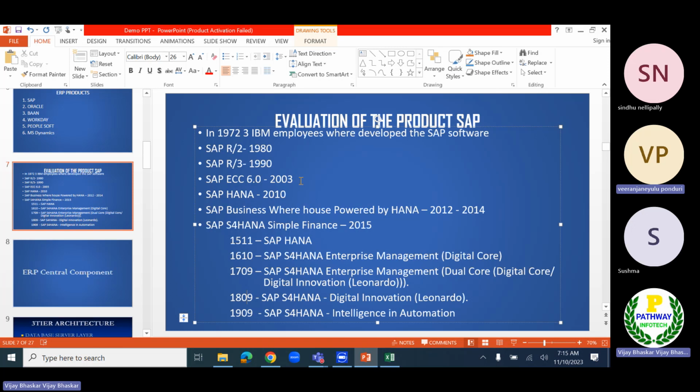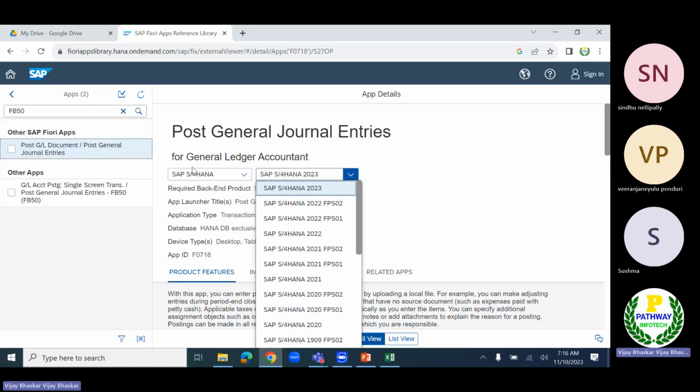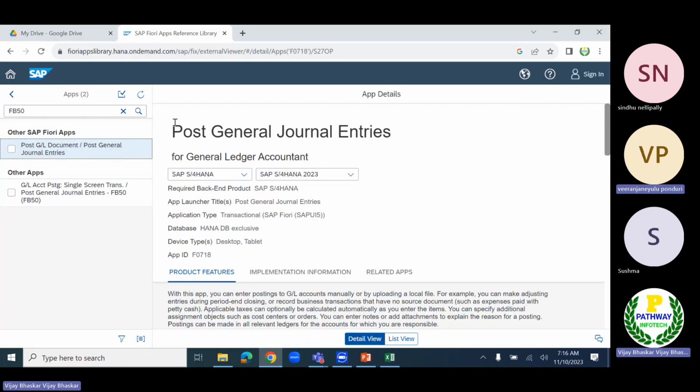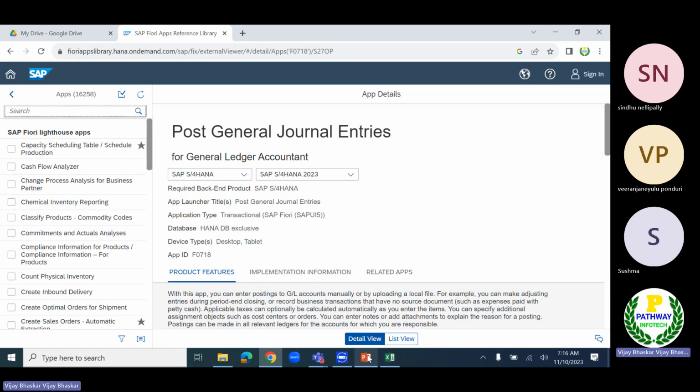In a similar way, SAP also has introduced Fiori apps. They introduced thousands of Fiori apps. SAP has introduced them for each and every activity.